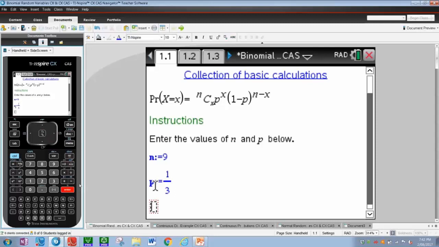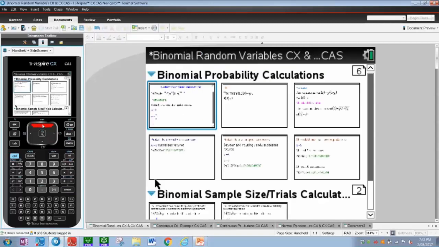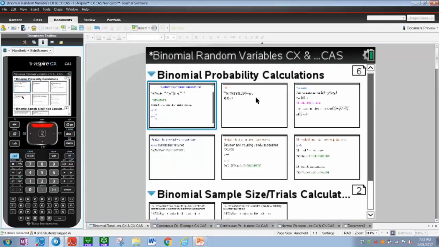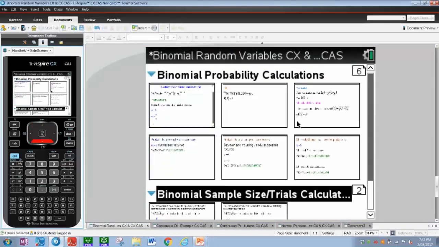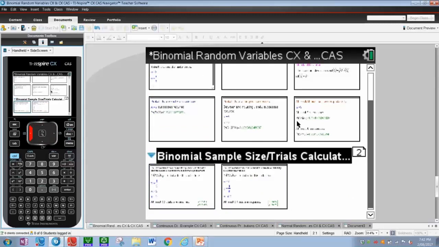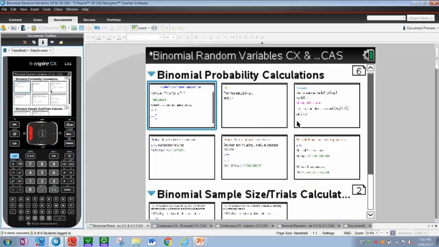Just a quick reminder, if you want to see which problem you're in, you can press the control button and the up button. All these 6 pages are problem 1, so they're all linked. That means when N and P are defined here, they're defined in all 6 pages. If I go to problem 2, which is this one at the bottom, that N and P value is not valid in that problem anymore.